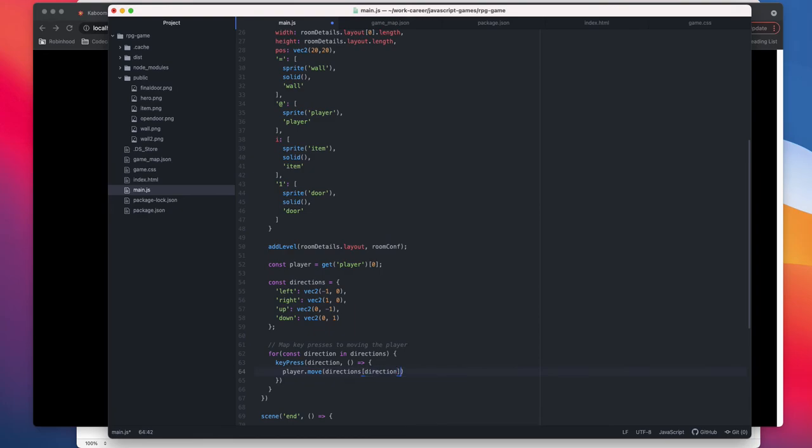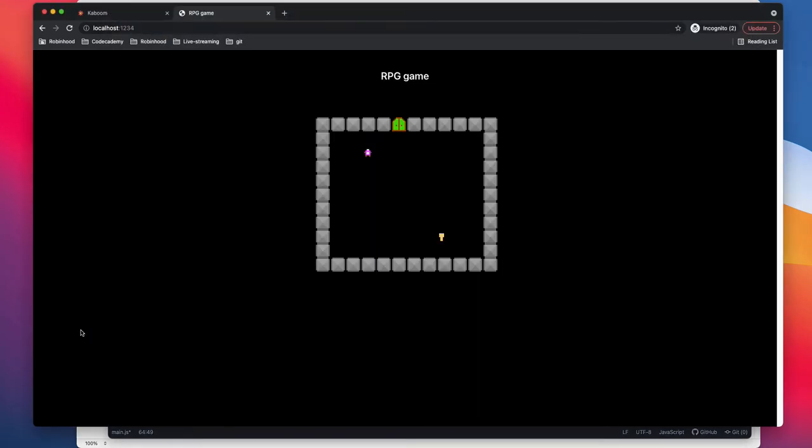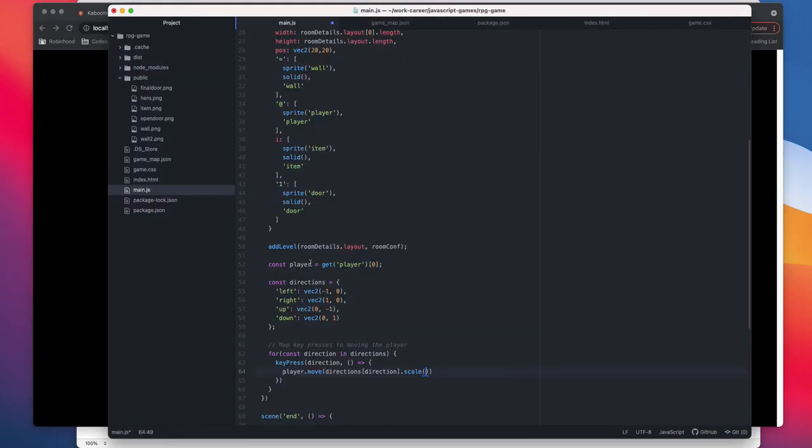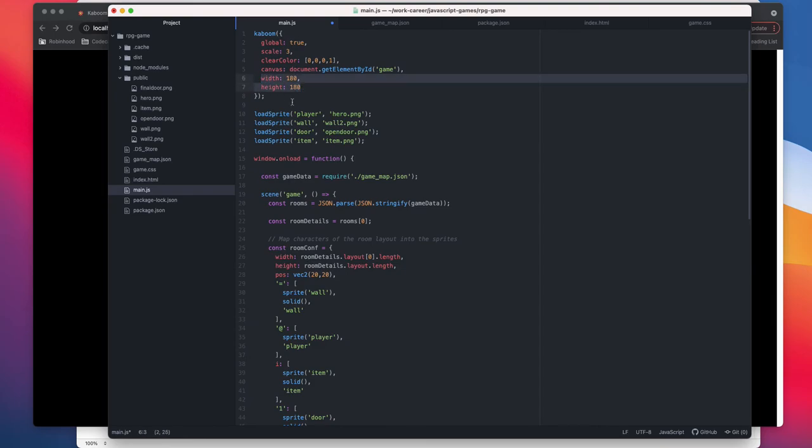direction, and then we need to scale it. We can scale it by 50 or 60. The reason for scaling is, in game graphics, let's say this is a 180 by 180 map. We saw that we defined 180 by 180 here.